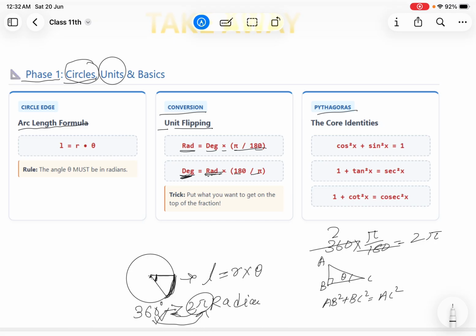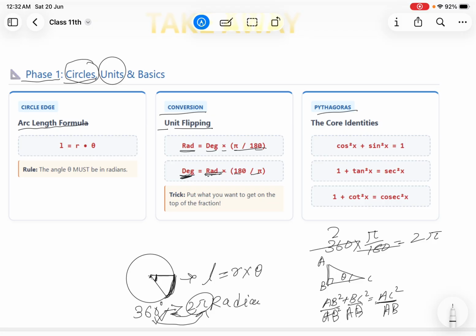That is, the square of the base plus the square of the perpendicular equals the square of the hypotenuse. And we see, if we divide this with AB square,